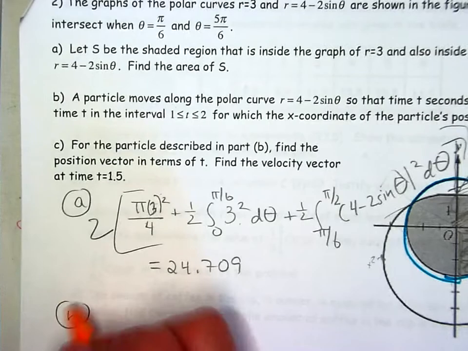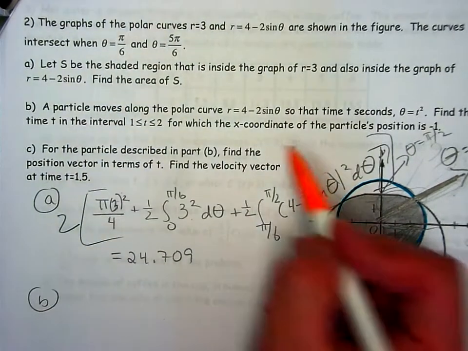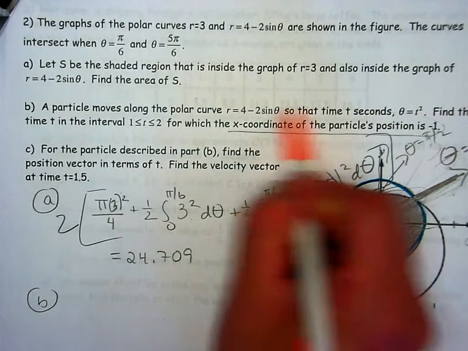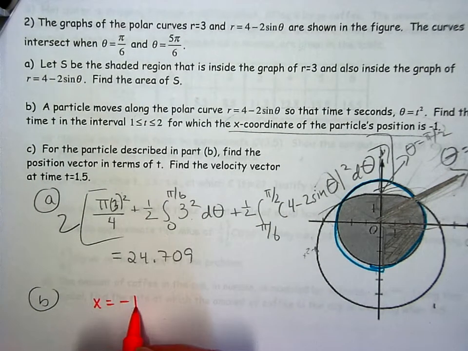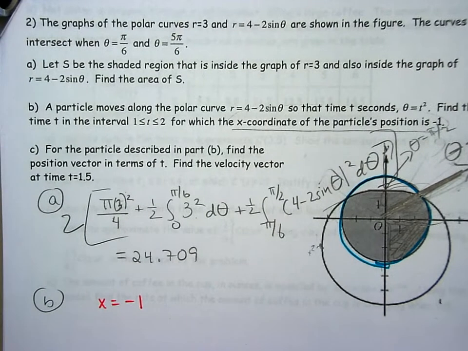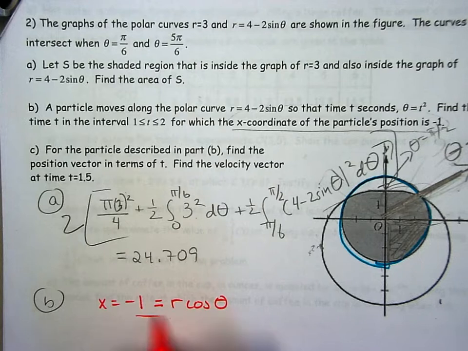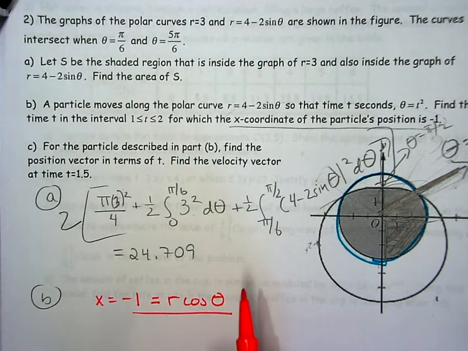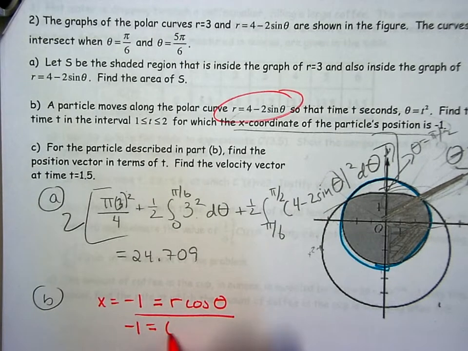Part B, it says a particle moves along the polar curve, and at a certain time the x-coordinate is -1. So they want you to find the time when the x value is -1. So here's my setup. x equals -1, but notice that I don't have an equation for x, but we know in polar form that x is the same as r cosine theta. So this is what you're trying to solve. They give you r equals 4 minus 2 sine theta, so -1 equals (4 minus 2 sine theta) cosine theta,